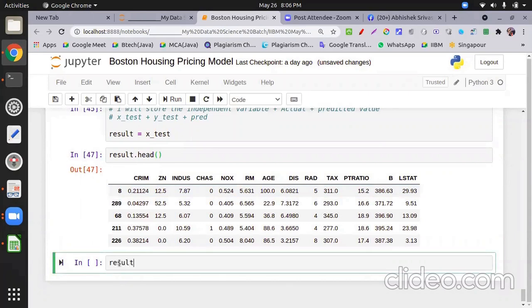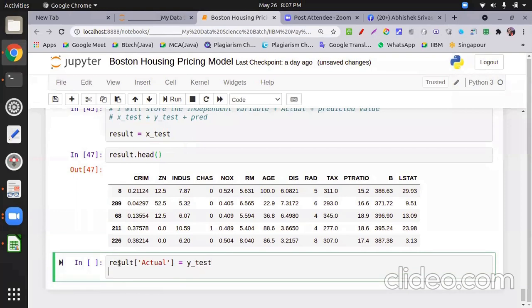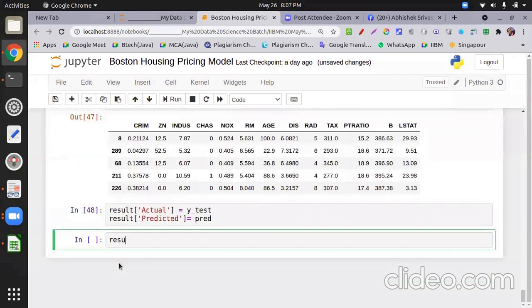If you remember, I told you to add the column result actual, actual meaning actual price. Please keep this, because a lot of columns will otherwise be split and not fit in the window. So for actual, I put the y test, then in result I put the predicted, which holds the y pred. Now I run it and see the result.